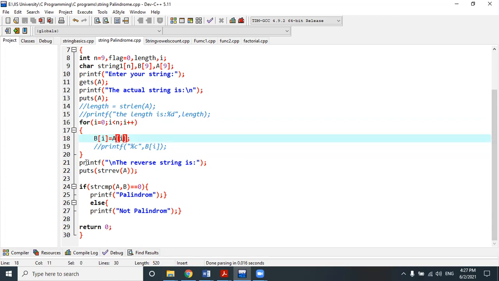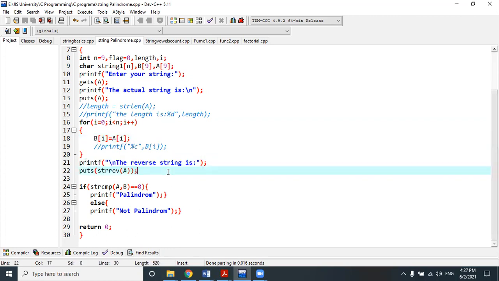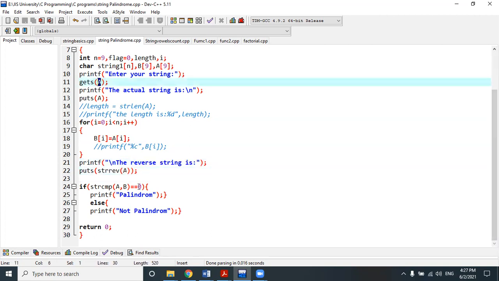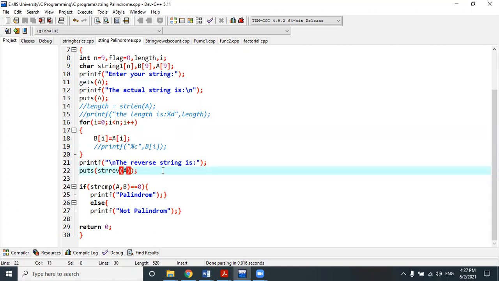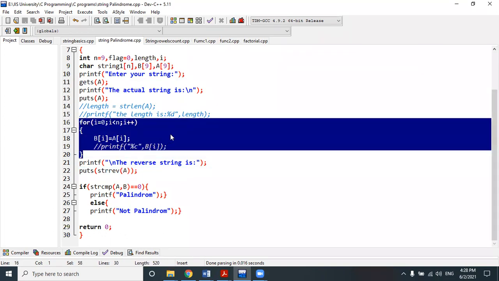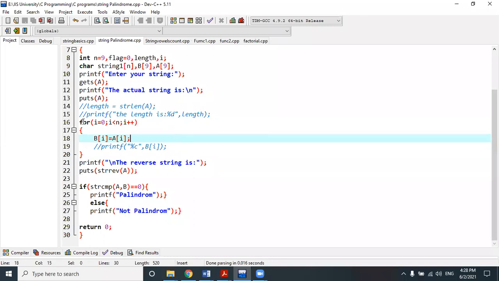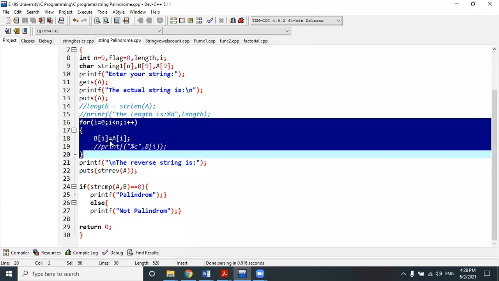You will tell me. In the next line, I have done a reversal of a string by using the string reverse function on the same string that we have taken as input a. Clear? Now a contains your reversal. Can anyone tell me why I have done this 3-line code? Because sir, you copied it in the B array, so it will be easy to compare both, because you are comparing B and A arrays. And it will also change the value in reverse.